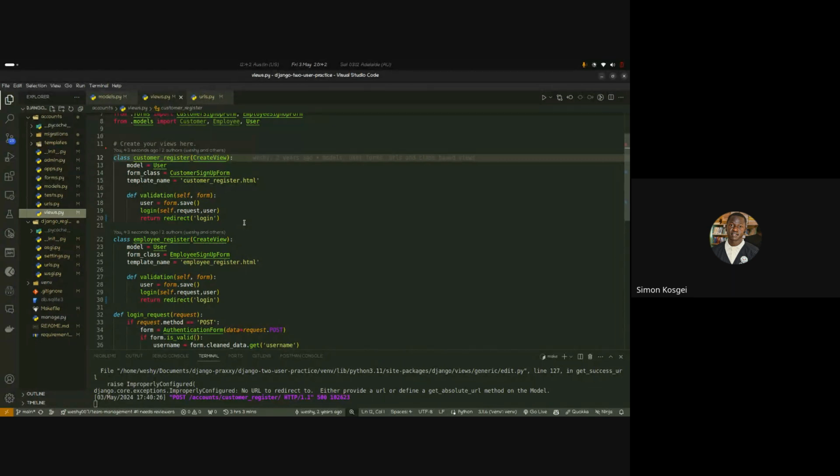If the form is valid, we save the form, and then we log in that user using the same credentials provided, and after a successful login, we redirect to home. If the form is not valid, we remain on the same page and we show the error messages. So I think we should relook into that redirect. And then also on the,